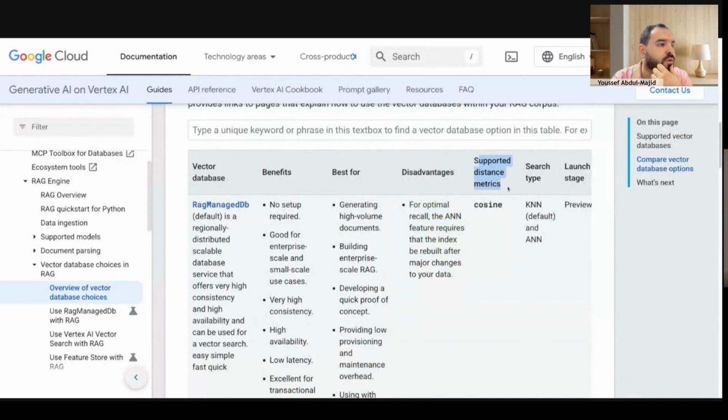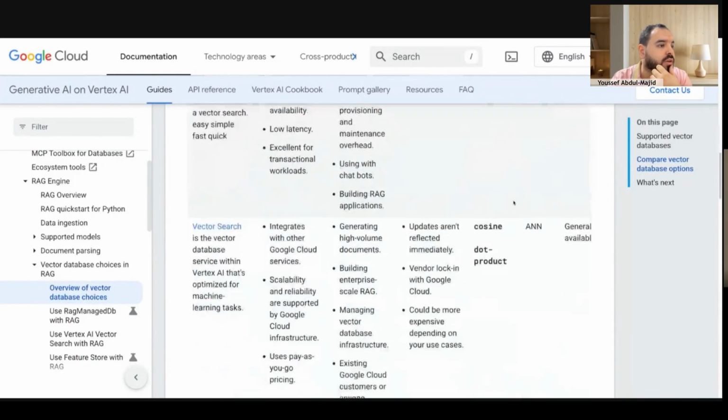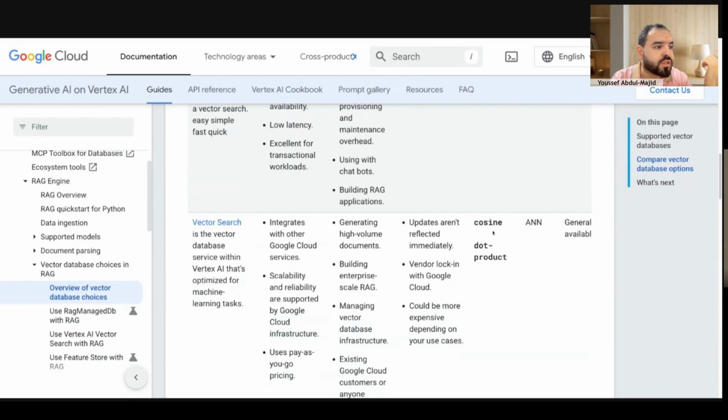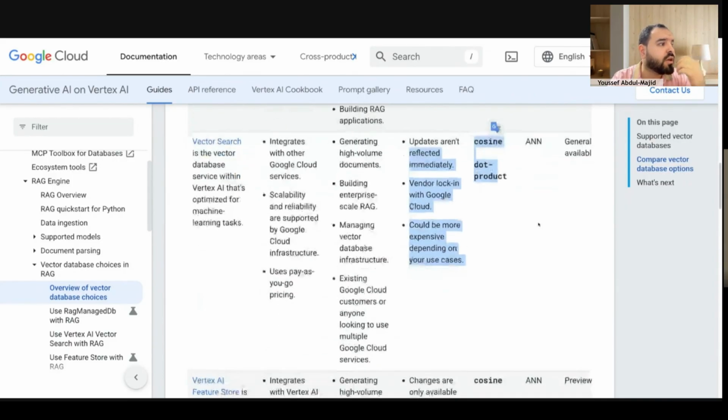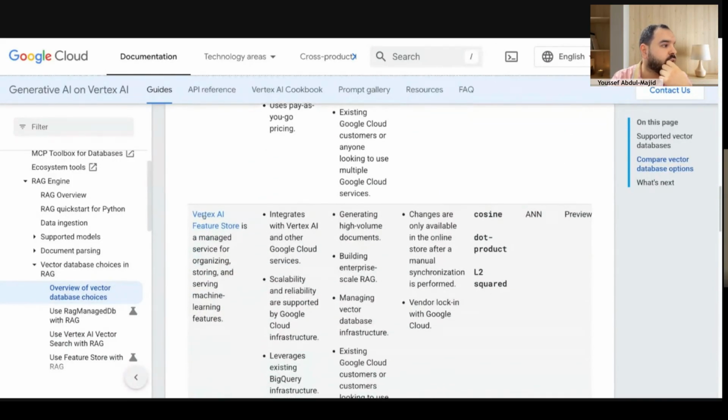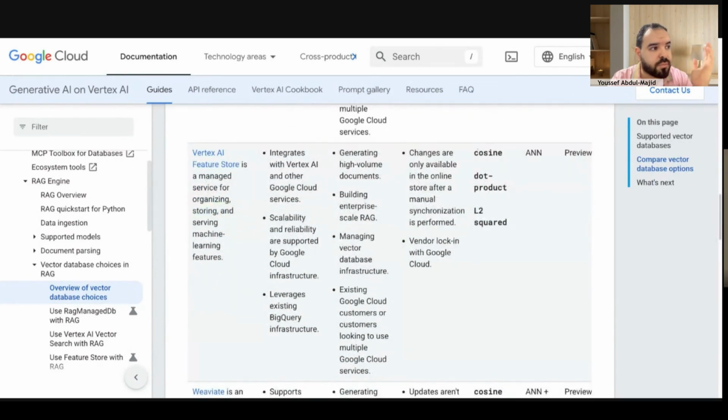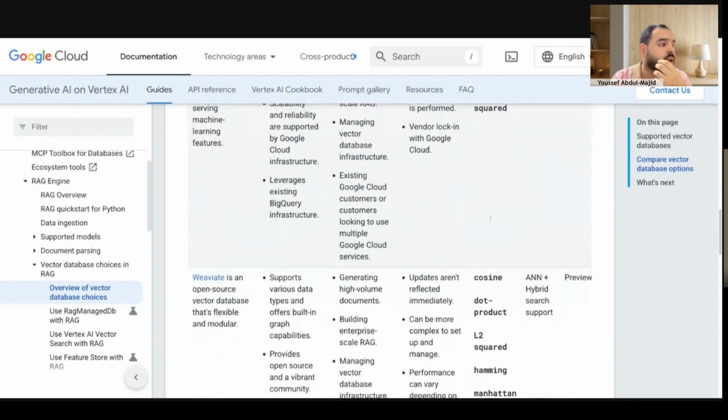And they only support the distance which is cosine. But for vector search, for example, they support cosine and dot product. And for Vertex feature store, they support cosine, dot product, and L2 square. And also,